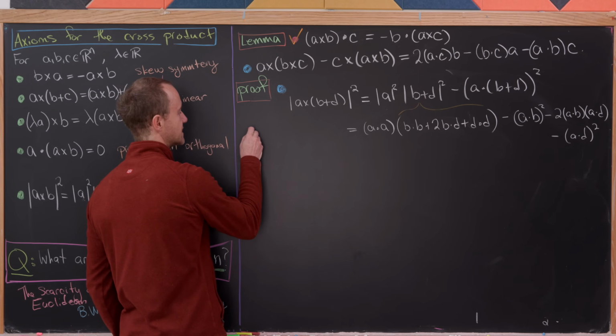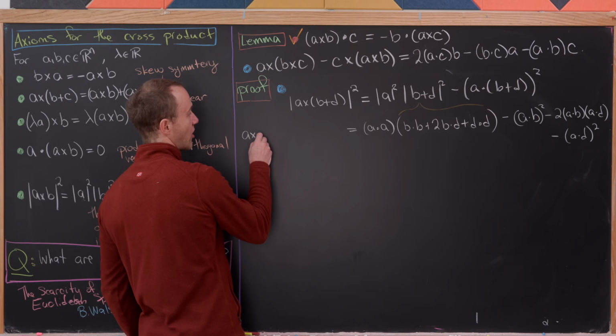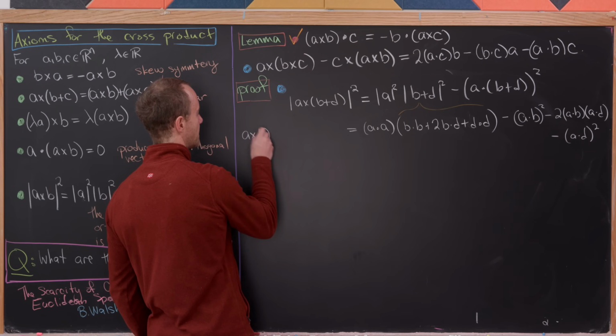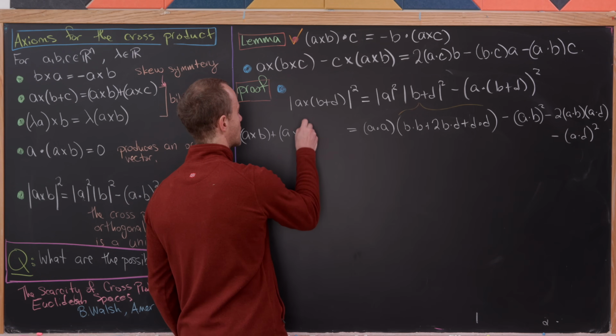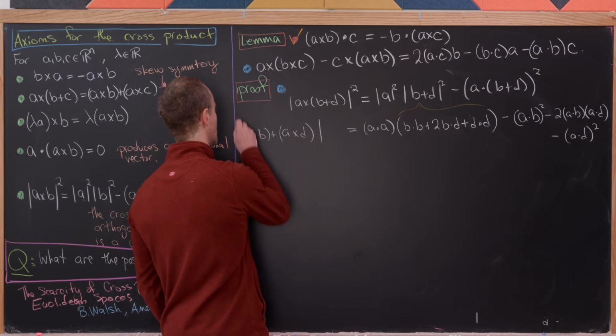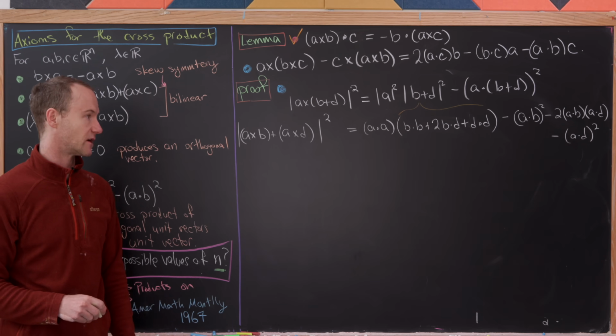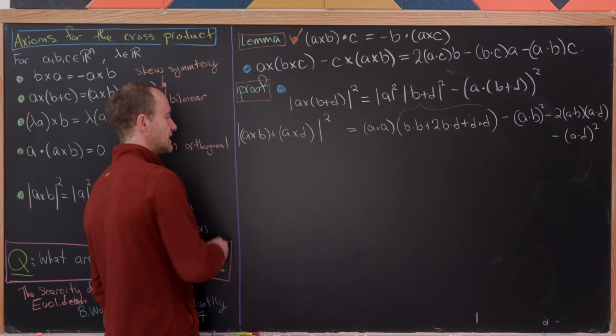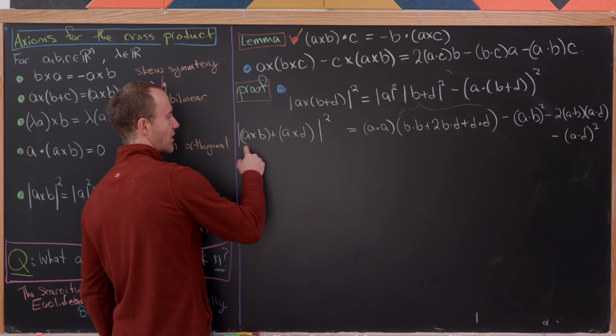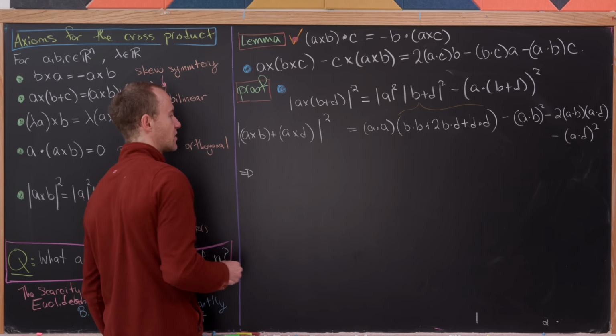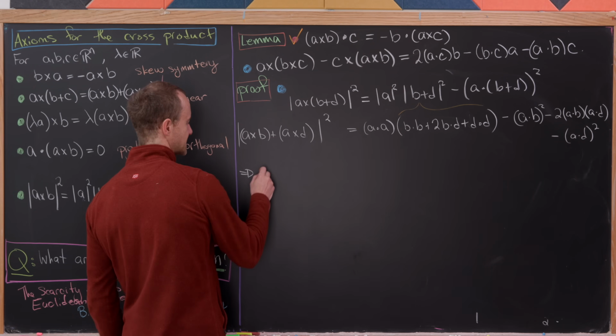So that's going to give us a cross b plus a cross d, and then we need to square that, which actually means we need to dot product it with itself. Okay, so let's do that. So if we dot product this a cross b plus a cross d with itself, that's going to leave us